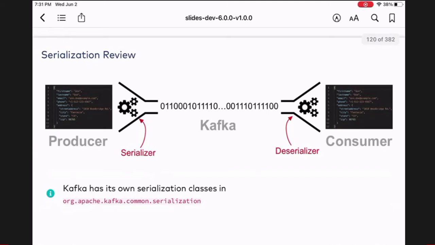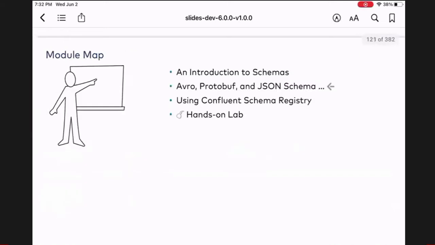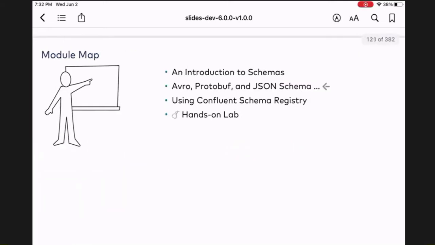So Kafka has its own serialization classes, like the Kafka common serialization, but there are other frameworks, and this is what we're going to talk about. Serializers and deserializers don't have to be standard. They're not standard across operating systems and programming languages. So what Kafka tries to do is use these serialization classes, but they're based on other simple types. But we will see that we want to be able to handle complex record types, right? And we want to be able to have schemas that are complex. So we need to go beyond the simple